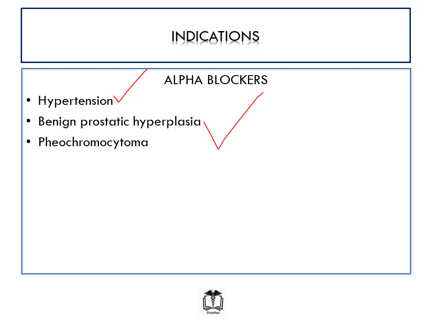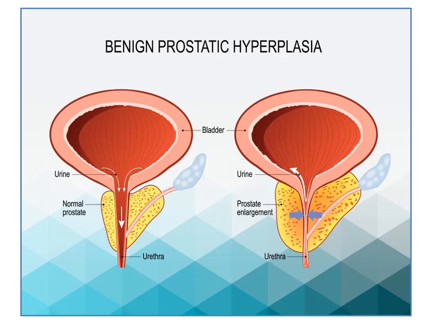which is a condition we see in the prostate where we have increased growth of prostatic tissues, leading to obstruction of the urethra that passes through it. And then the last condition we use alpha blockers in treating is called pheochromocytoma, which is a tumor of the adrenal medulla. This is a picture of benign prostatic hyperplasia, and what you notice is